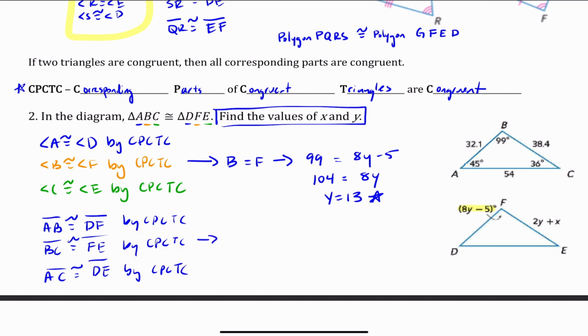So I write 2y plus x is equal to, again, FE is equal to BC, right? I should write that down. So FE is equal to BC, and then I'm going to substitute 2y plus x is equal to